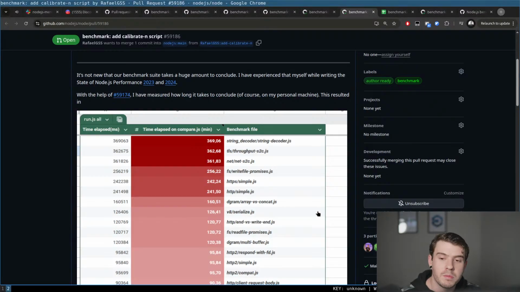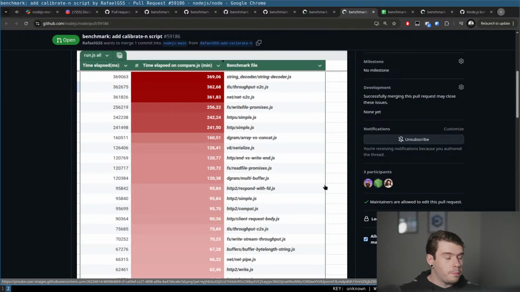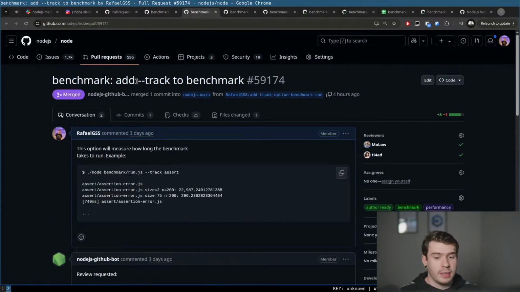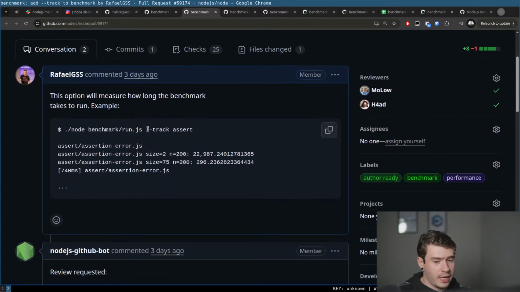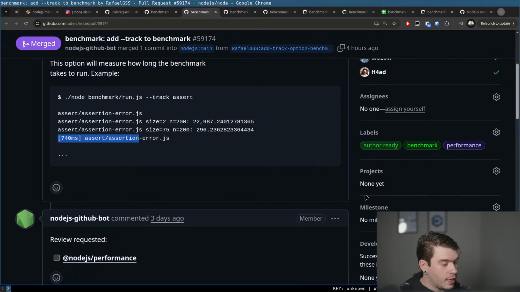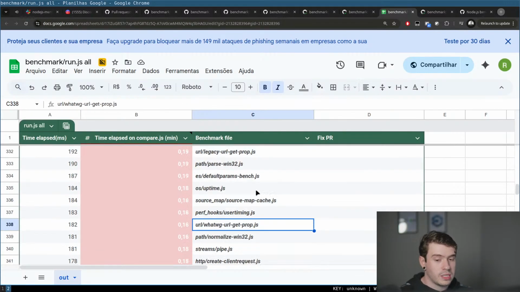So we wrote this benchmark, and we wrote this tool that basically is this one. Let me send you the pull request. We have a new API, or a new flag, to the benchmark of Node.js. You can run benchmark run.js --track. This will track how long each benchmark file takes to run. This is a very simple script. And then I have sent that to the Excel file, and we wrote this